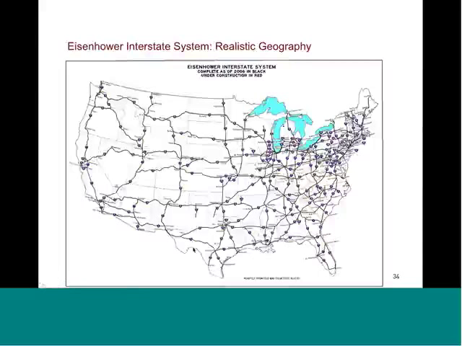Some examples of how this works out in other contexts. This is the interstate highway system in the United States, literally. This is a layout of the highway system on realistic geography of the United States. Again, if it was large enough and if you had enough time to move around in it, it might be good, but you can see that there's enormous differences in distance between the lines and very difficult to see how